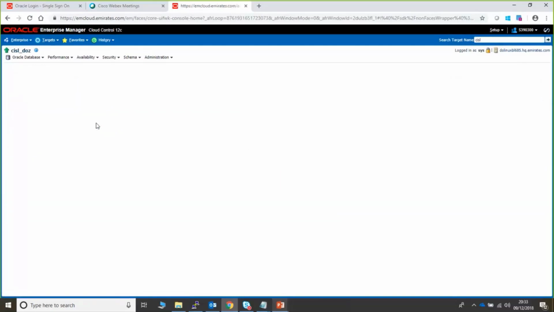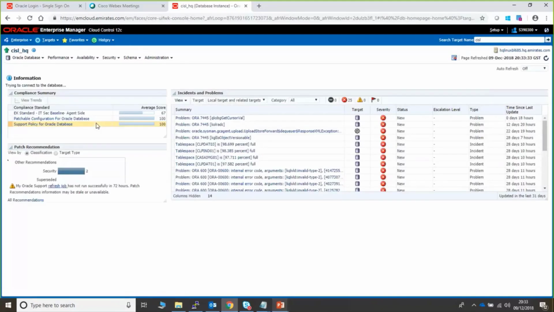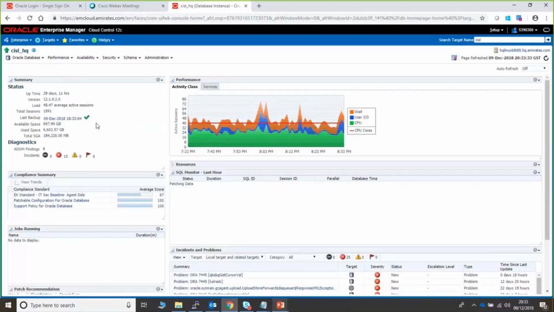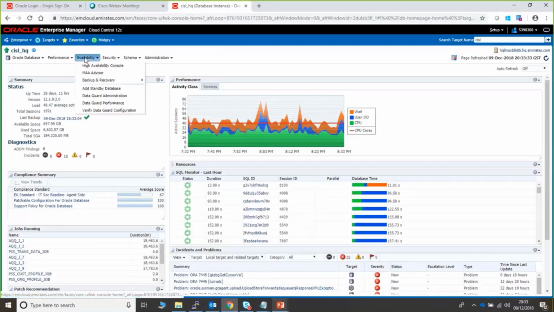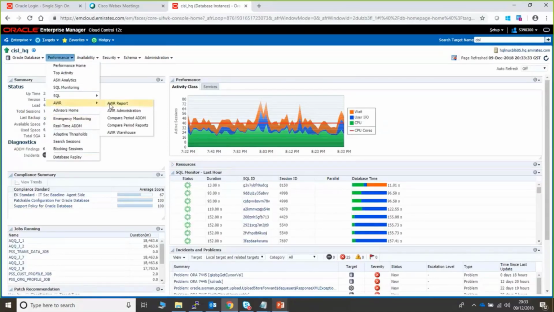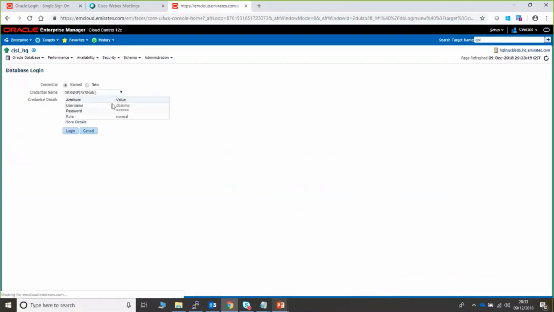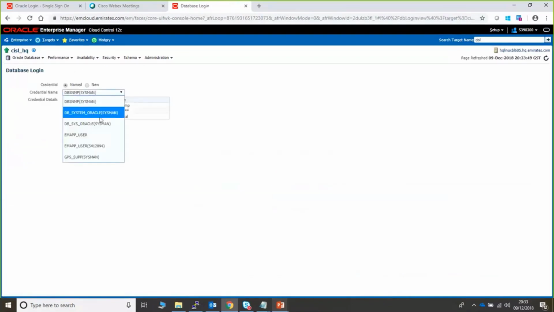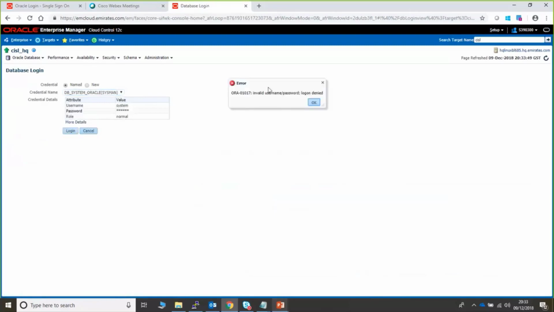This is where you can generate the AWR report through OEM. I hope you are familiar with OEM or the database control. You can go here, AWR report, generate AWR report. This will really give a better picture to check what's going on and how the memory usage is.